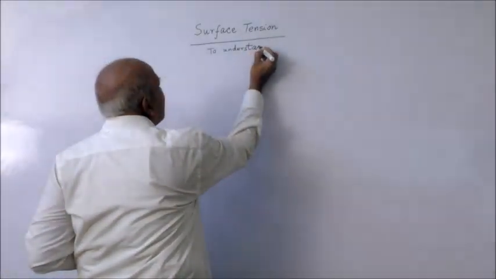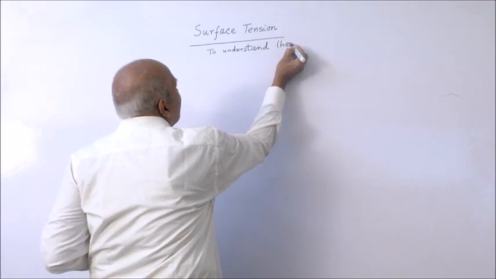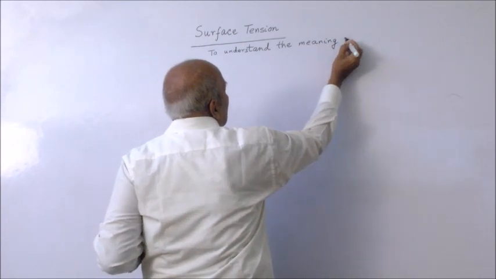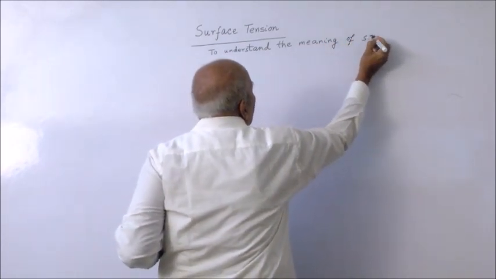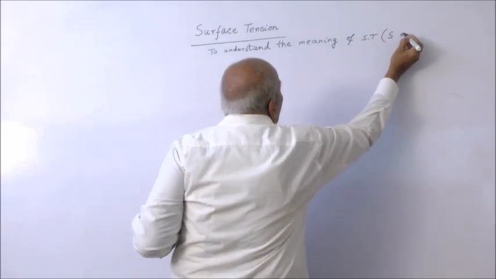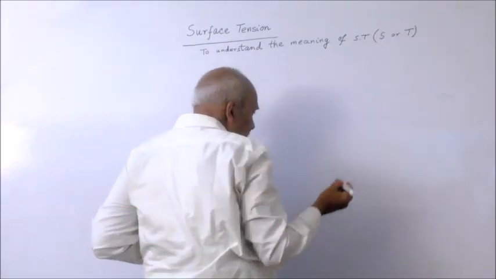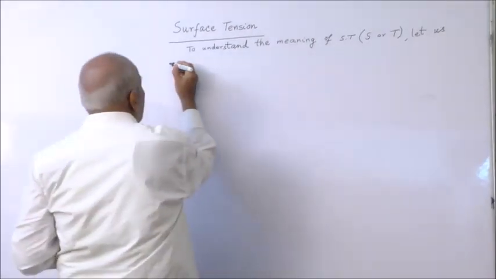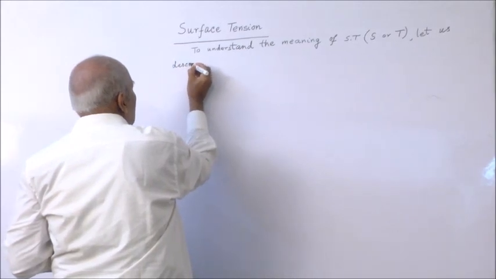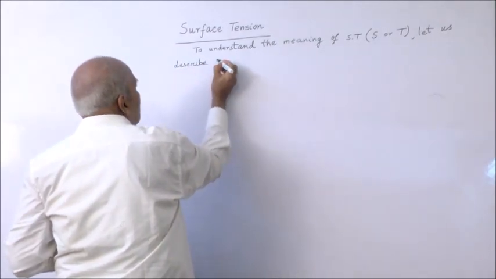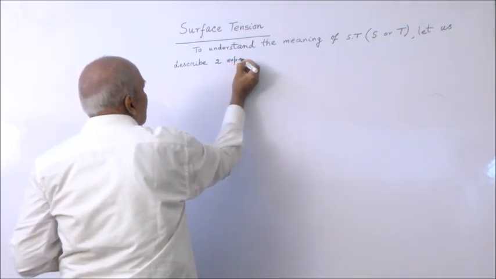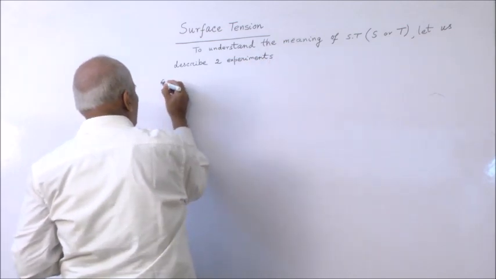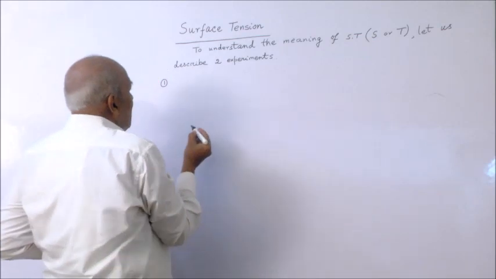So, to understand the meaning of surface tension, the symbol is S or T. Let us describe two experiments. So, first experiment is